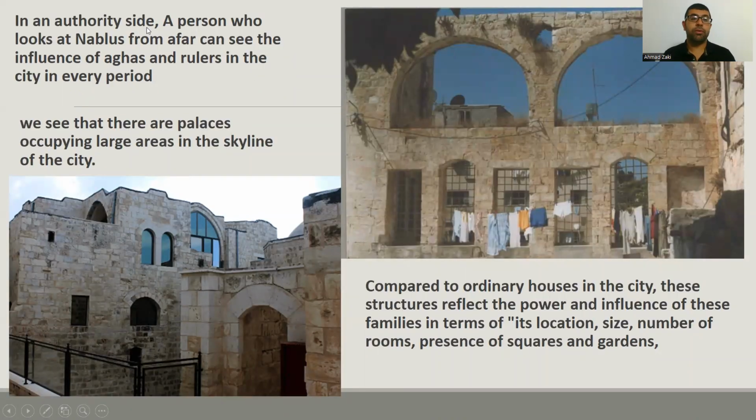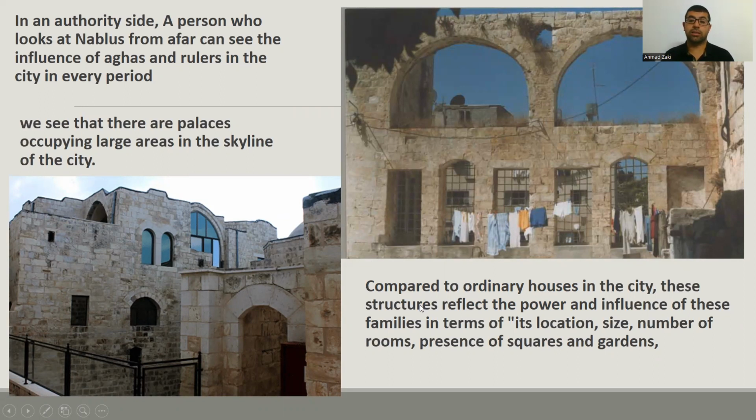On the authority side, a person who looks at Nablus from afar can see the influence of the Aghas and rulers in the city in every period. We see that there are palaces occupying large areas in the skyline of the city. As we see from these two photos, and when we compare them with the ordinary houses in the city, this structure reflected the power and influence of these families in terms of its location, size, number of rooms, presence